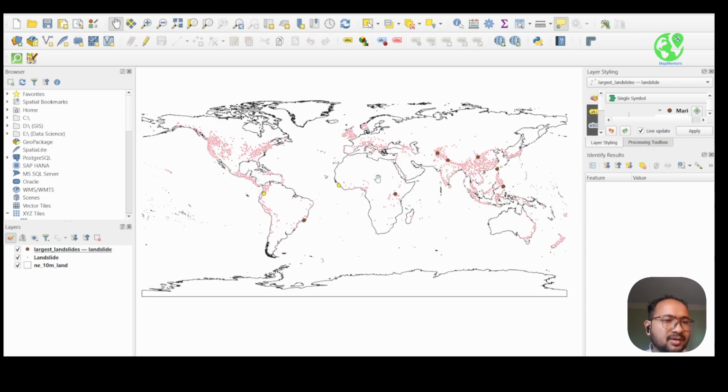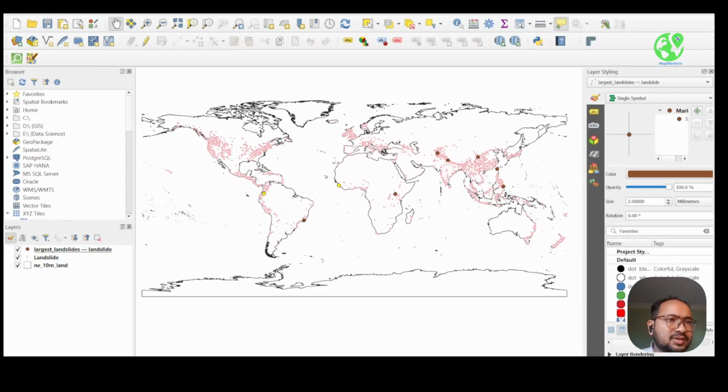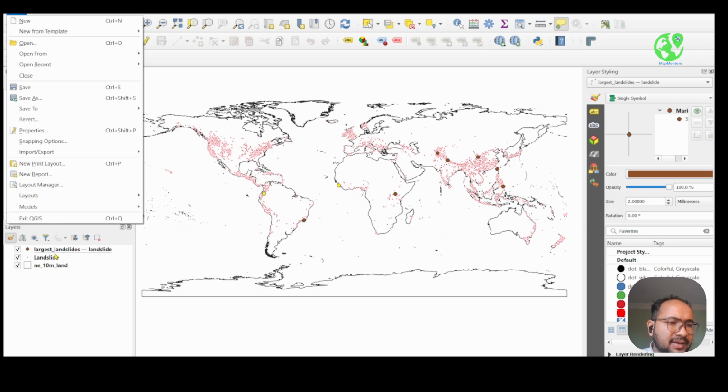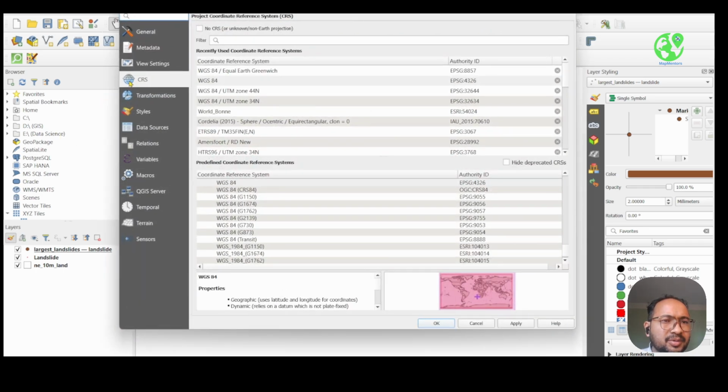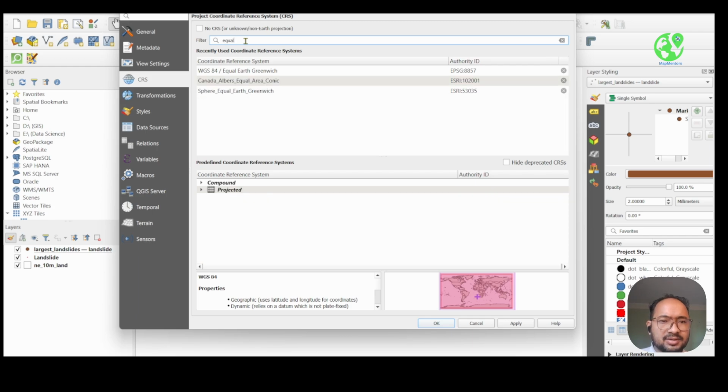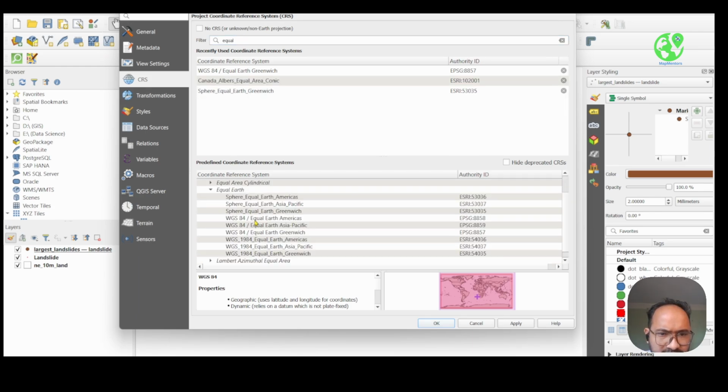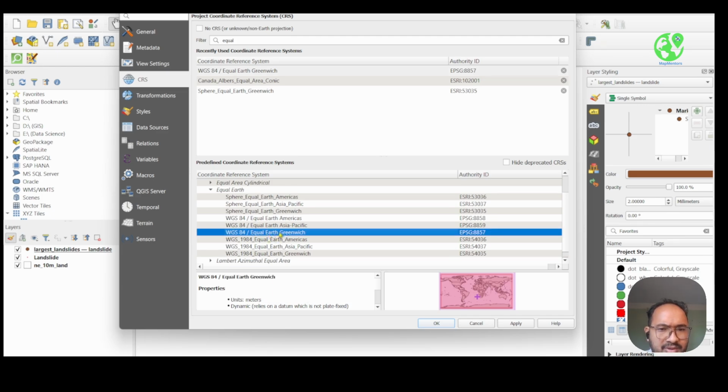So to display the global dataset, we always use the equal area projection. For the equal area projection, we are going to project every file in this layer. So we are going to project it from Project, then Properties. In the project properties, find CRS, and in the CRS, write Equal Earth. So Equal Earth, it's inside the projected, and inside the Equal Earth, there are different types of projections, but we are going to use this Equal Earth Greenwich projection, and the EPSG code is 8857. Click apply,